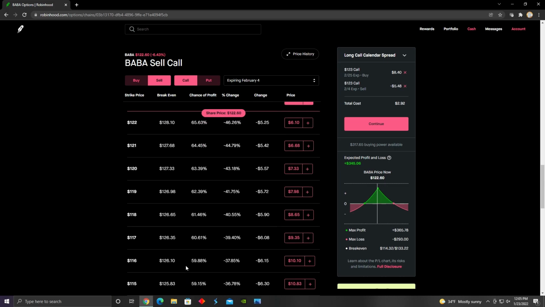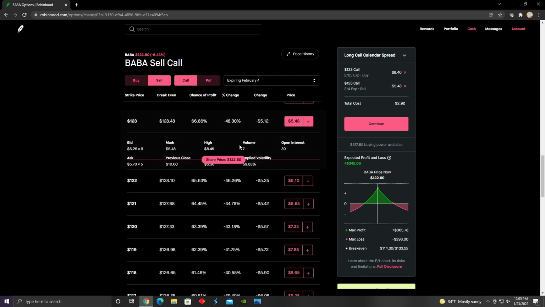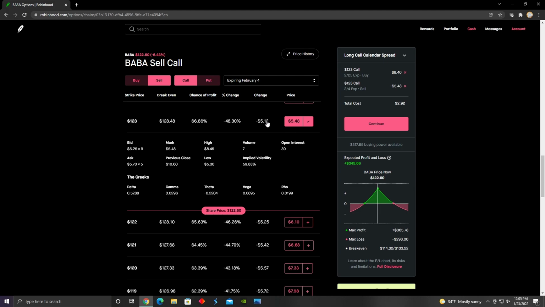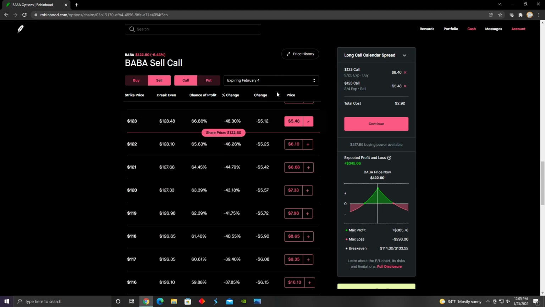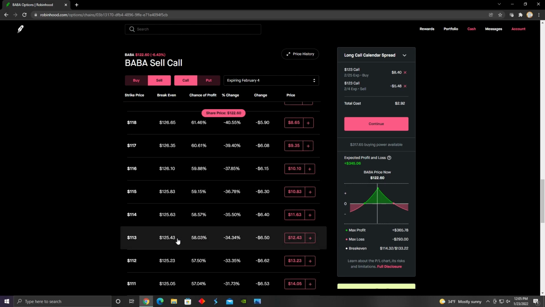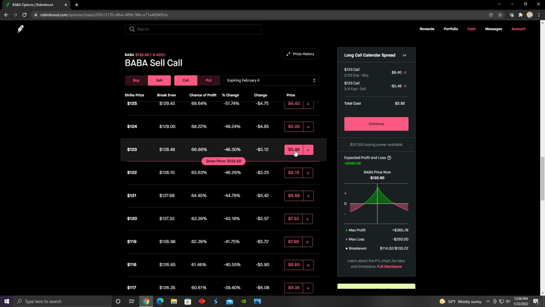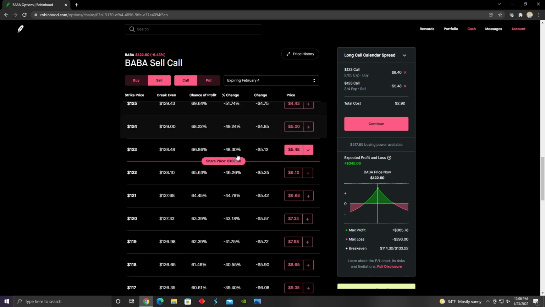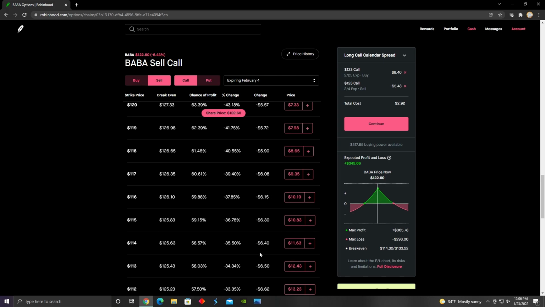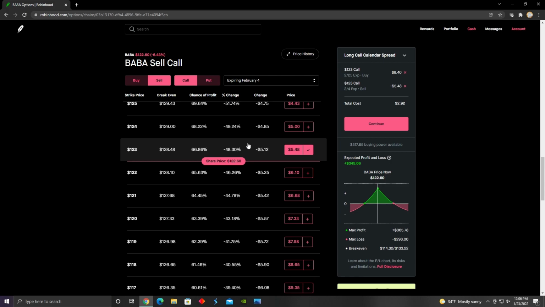And so even though the call option loses $22 per day, if the share price increased $10, the value of the premium of this call option would appreciate from about $548 to $1,243. So even though it loses $20 per day, if the share price increased $10, it would increase by over 100%, up to $1,200. And so that's the main reason why